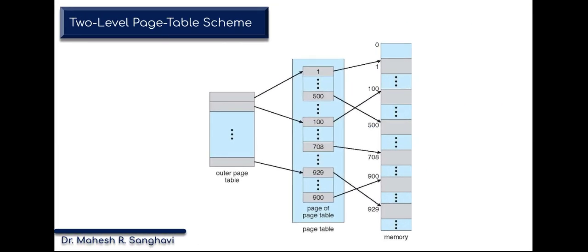Now two level page table means, here you can observe one page table is here and another page table is here. So what will happen is, the initial entry of the page table will point to this, and it will actually point to the actual memory addresses. So we need two page sets like P1 and P2, and only one offset, and that P1 and P2 will give us two level paging.